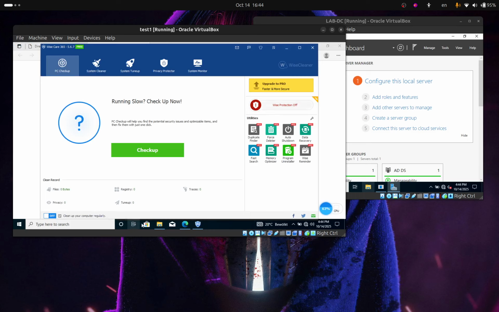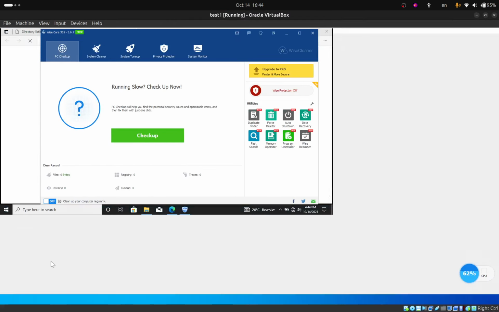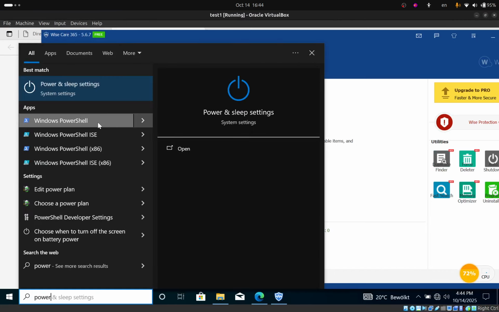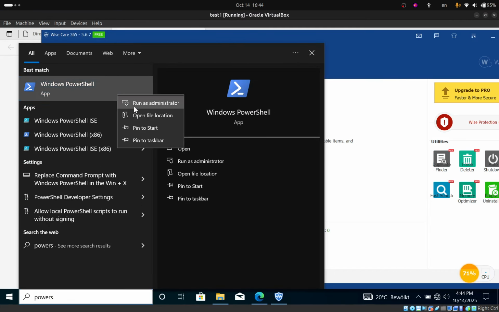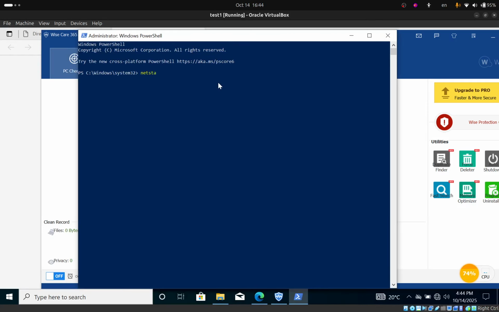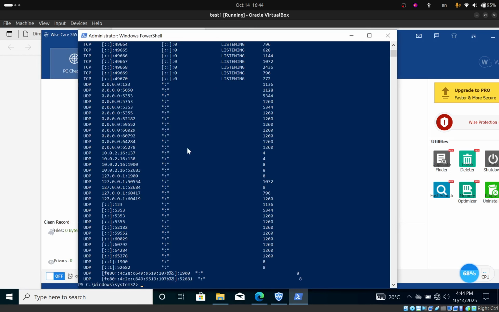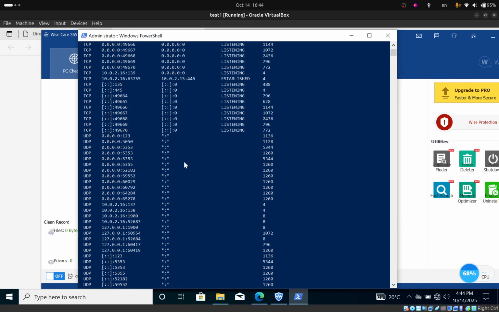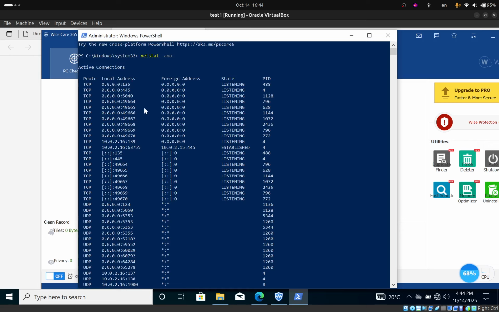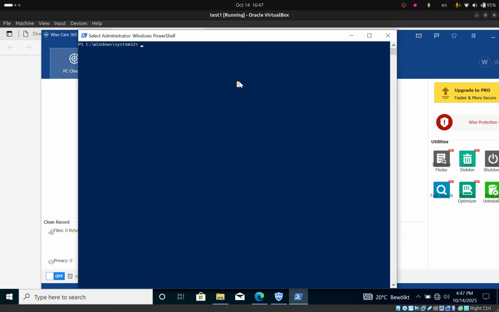So I would like to be sure, let me make this bigger and open PowerShell. So what services have we run? netstat -ano. Okay, here we see the UDP, we are not interested, and here we see the TCPs. Okay, we have it downloaded, so we are not interested actually in netstat, we are interested in Wise itself because